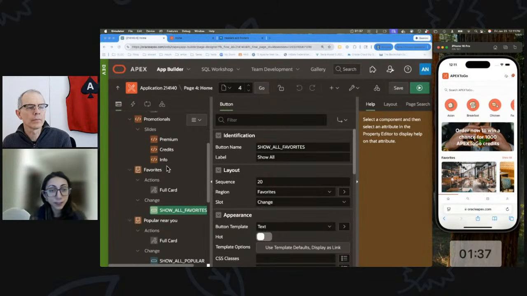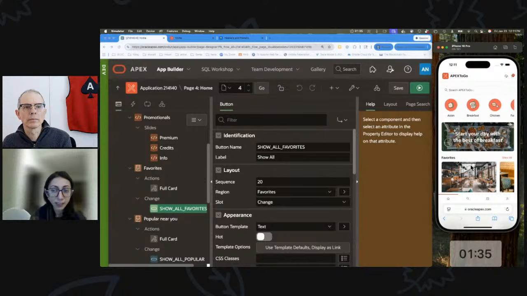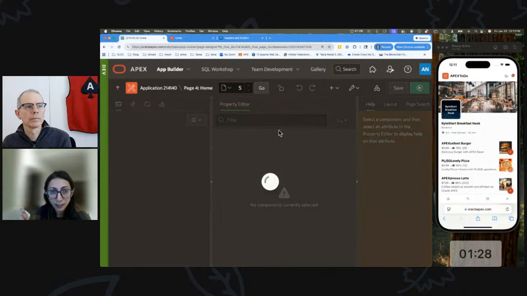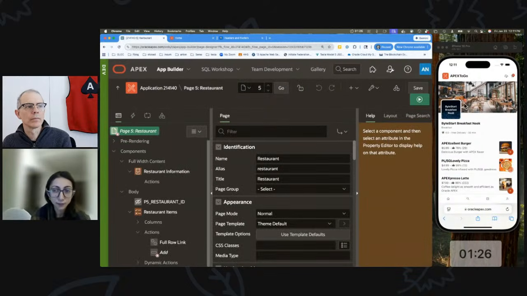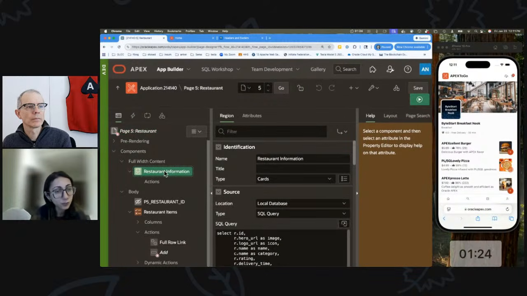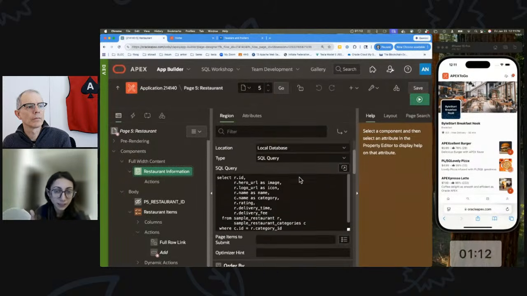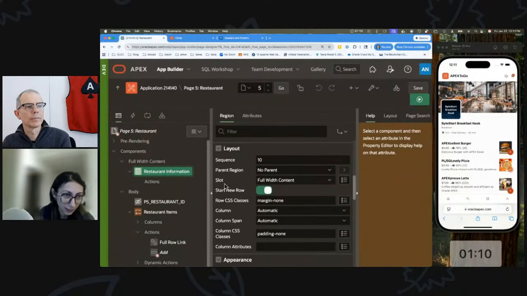Okay, now we can move to a second page. If you choose one of your favorite restaurants and click on it, now we have a detail page. The top section is a description about the restaurant itself. Here you can use a cards region, even if you're going to display only one row, because the cards region makes the information look better. You can do all the settings in the attributes section declaratively, with the image, the avatar, the title,